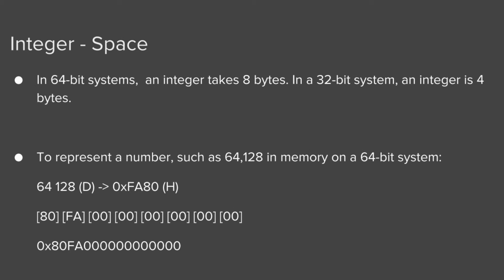So now we're going to talk about the space with an integer. In 64-bit systems, an integer takes 8 bytes. In a 32-bit system, an integer is 4 bytes. So to represent a number like 64,128, don't ask where I got that number from, I just kind of pulled it out of my head, you would take this number and convert it to hexadecimal, which you would get FA80, and then in memory it would be stored as